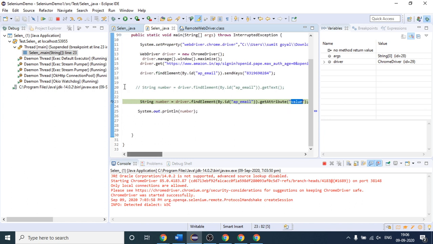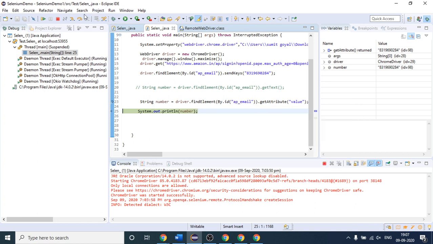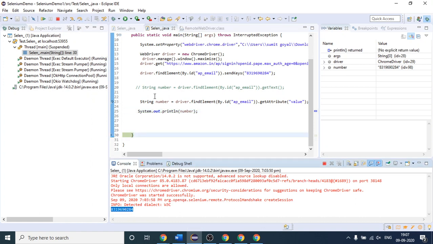If I execute this statement, you can see this is the number on the screen, 83196902884. We are able to extract that number from the text box in the browser, and we are simply printing it in our console. So this is how the getAttribute method will work. Is it clear to you all?